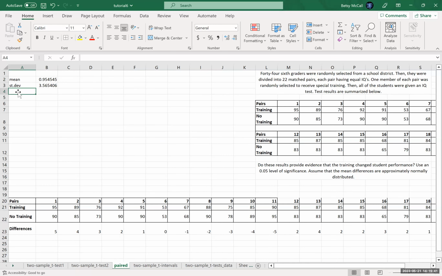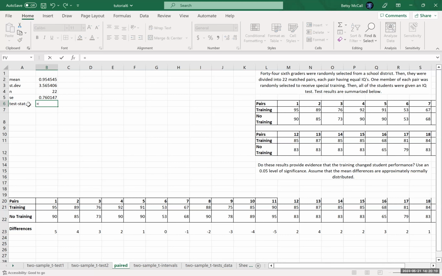And then our sample size, N, is 22. They told us that in the problem. So the standard error is then the standard deviation divided by the square root of N. And then our test statistic